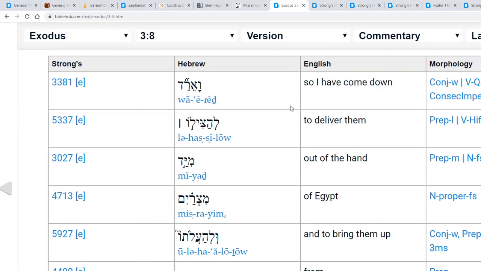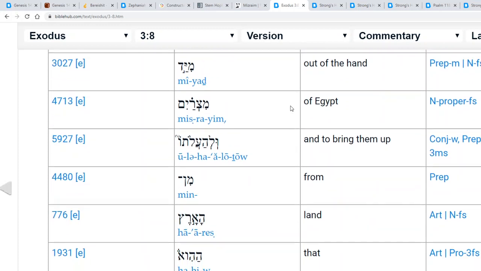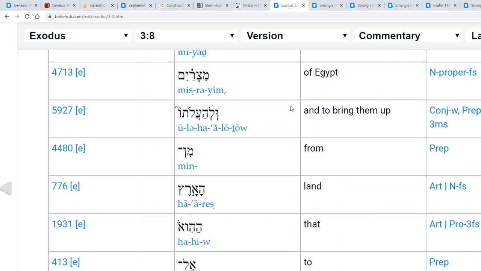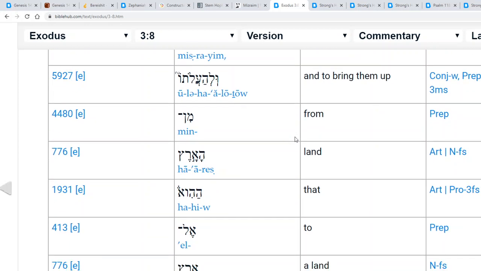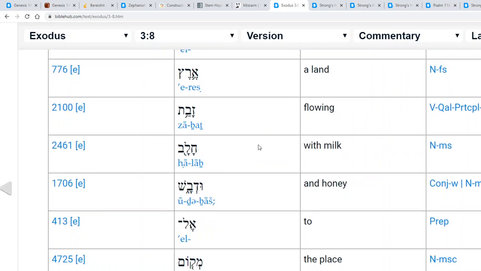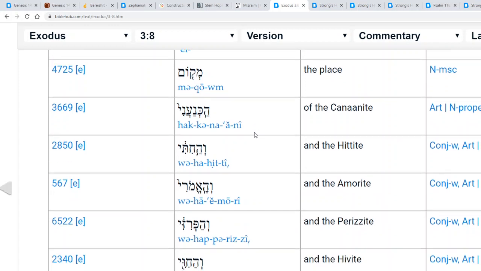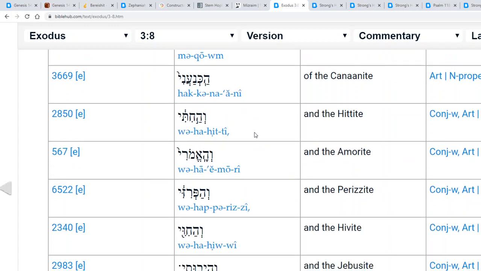It says, "Va'ered l'hatzilo miyad Mitzrayim ulhaloto min haaretz hahi el eretz tova urchava el eretz zavat chalav udvash el mekom hakenani vehachiti vehaemori vehaperizi vehachivi vehayevusi,"